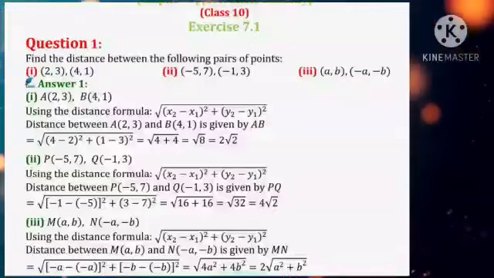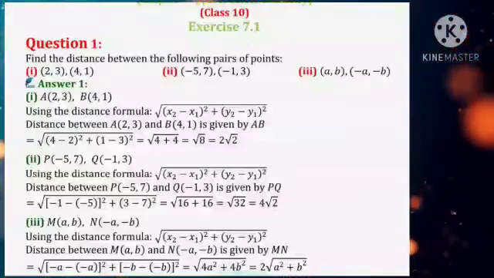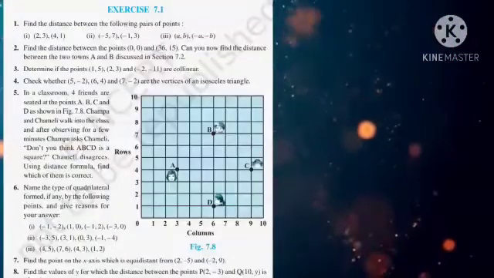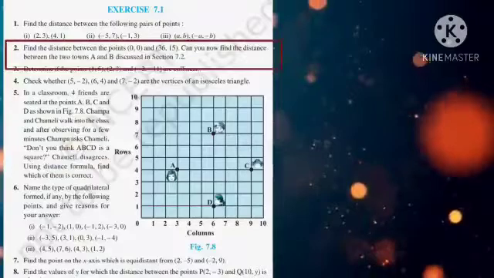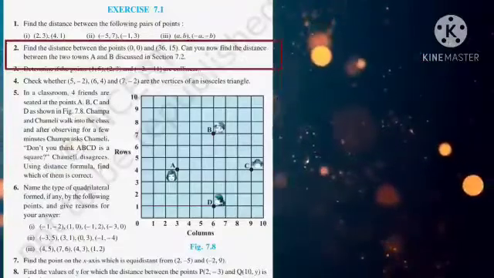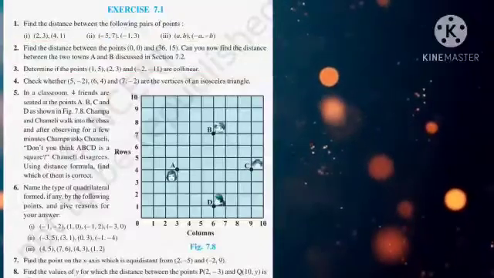Now dear student, you can solve question number 3 with confidence. So do it yourself. Let us move to the next question. In question number 2, we have to find the distance between the points 0, 0, obviously that is the origin, and the other point is 36 and 15. Let us find out.